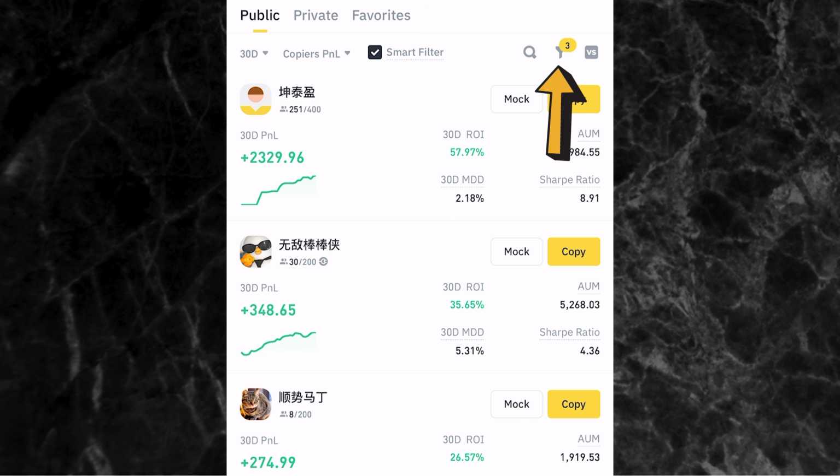So using this filter icon right here where the arrow is pointing to will really help you to avoid the stress of trying to look for the perfect trader to follow. Just make sure that you follow the process I just did using that filter icon. So again, like I said, just come right here and pick one trader that you want to follow out of